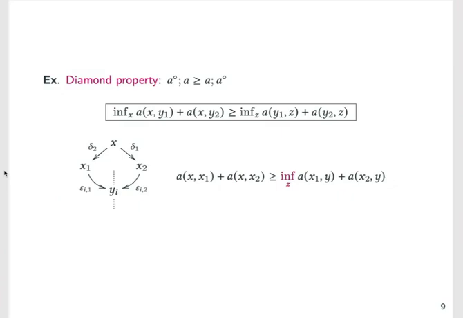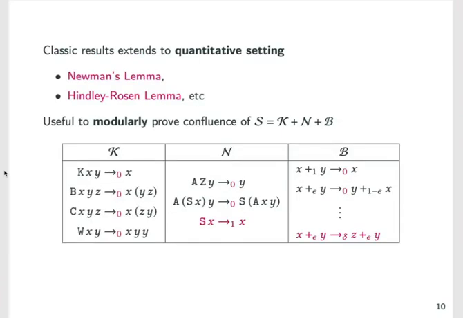But even if there are these kind of differences, it's remarkable that by playing with algebra, although this is not trivial, we can extend many classic results in abstract rewriting to a quantitative setting, such as Newman's lemma or the Church-Rosser lemma, and many others, which are relevant for our running example because, first of all, now we know what quantitative confluence is, and secondly, because we can start to develop some techniques to try to prove these results in a